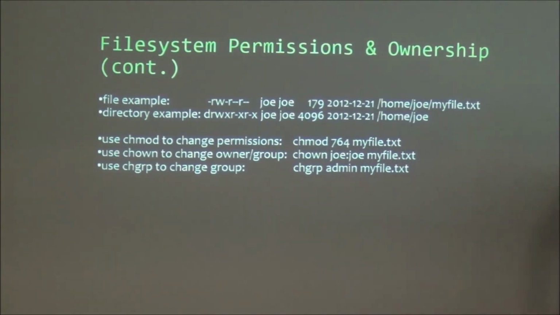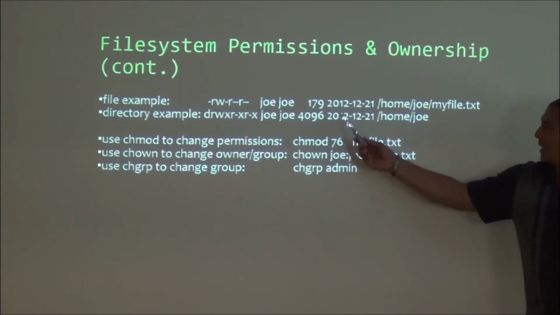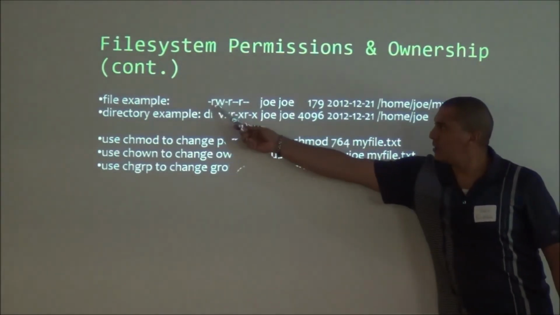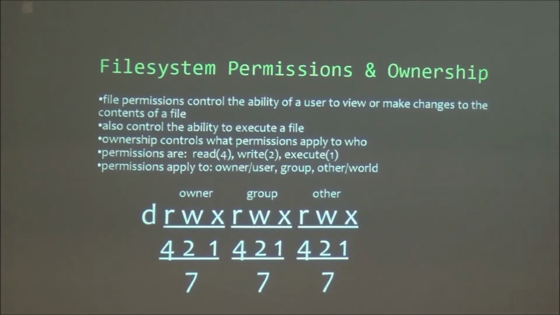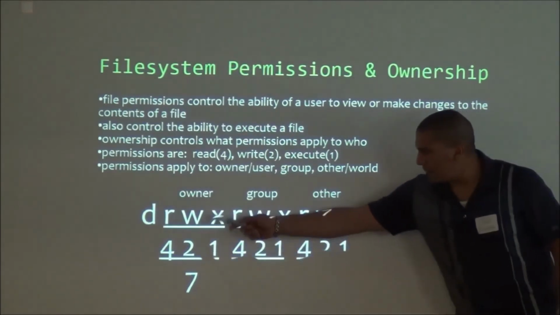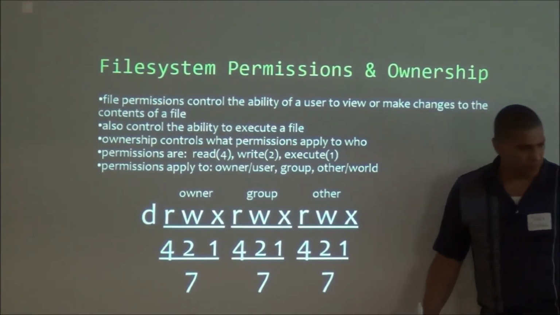So, if you look at the bottom one here, chmod, that changes the permission, but you see I'm passing it numbers, right? That's what corresponds to these over here. That's why you gotta know what's 4, 2, and 1. Going back to this, we got read 4, write 2, execute 1.